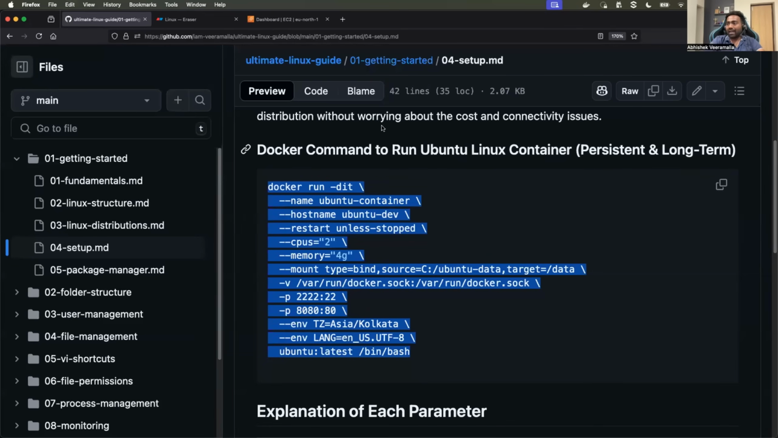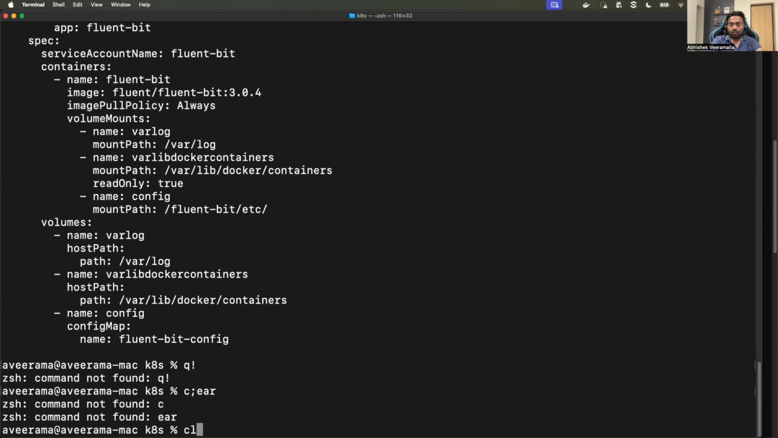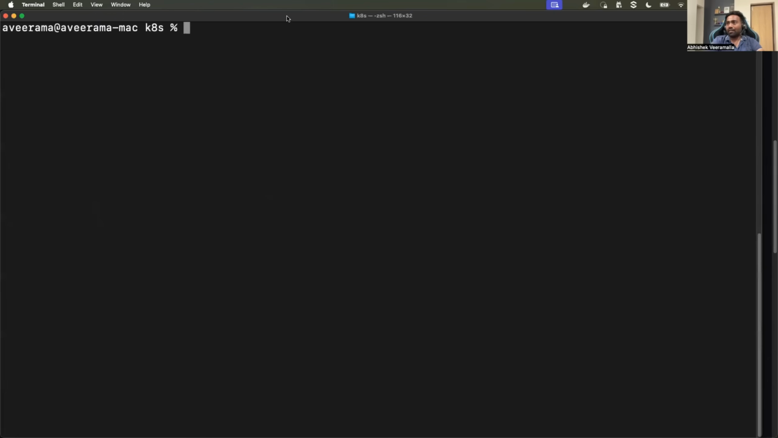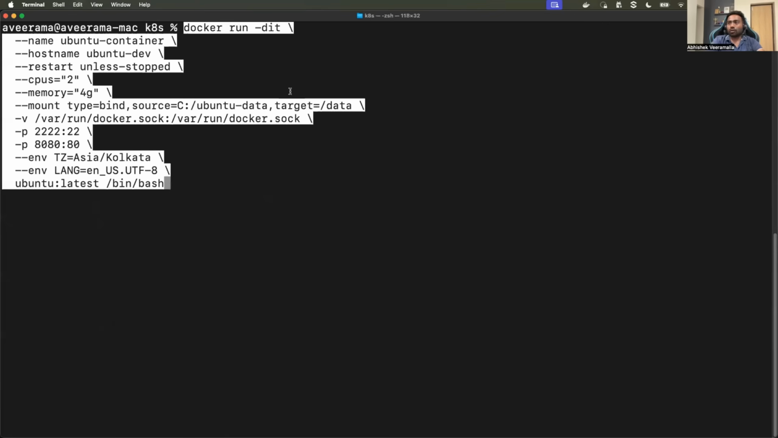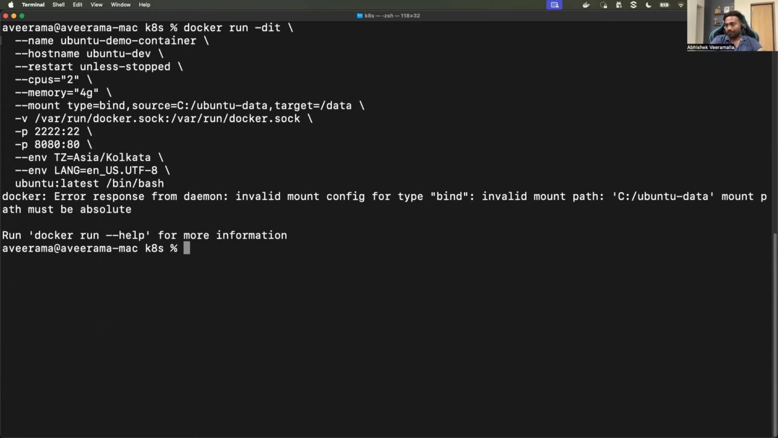For example, I'll just copy this. I'm using Mac OS, so let me clear my screen and I can just copy this. I can just change the name of the container. Let me just call it Ubuntu demo container. And when I run this,